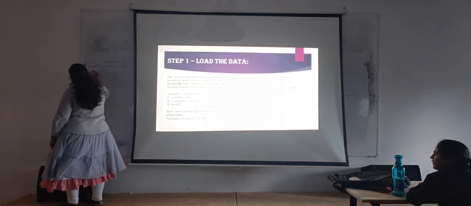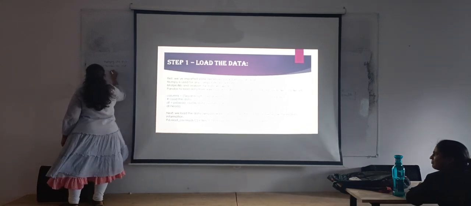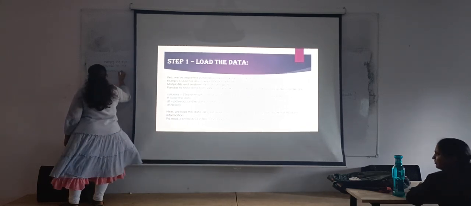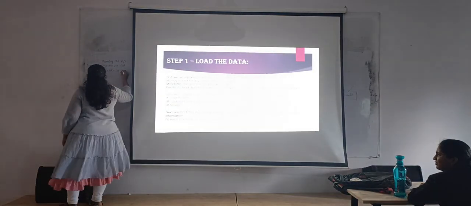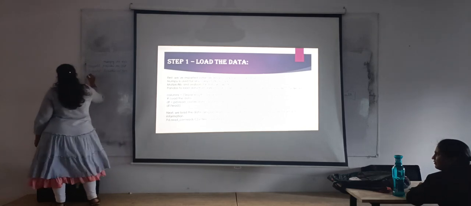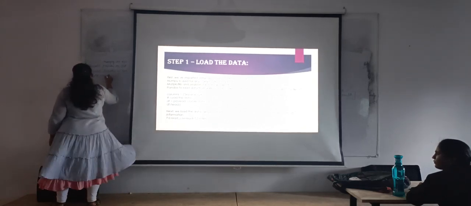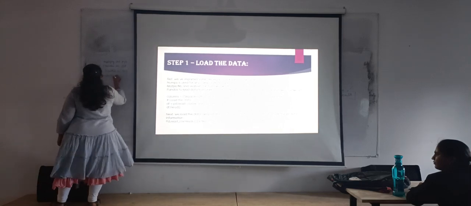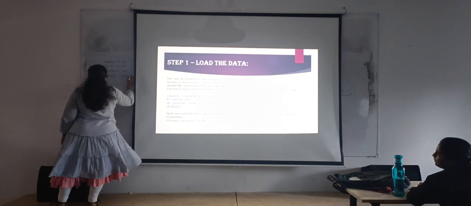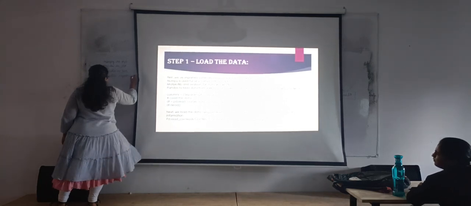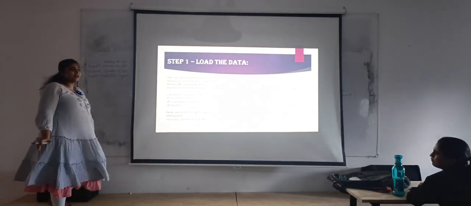Import seaborn as sns. Import matplotlib dot pyplot as plt. Is there anything else that I have missed?